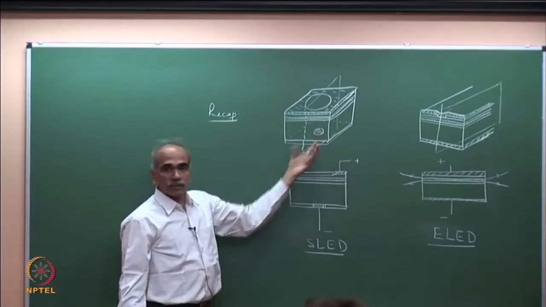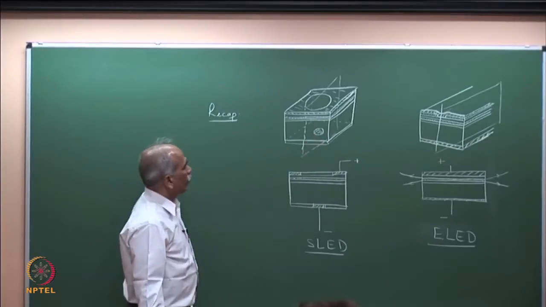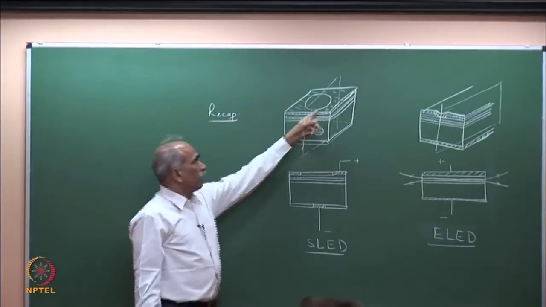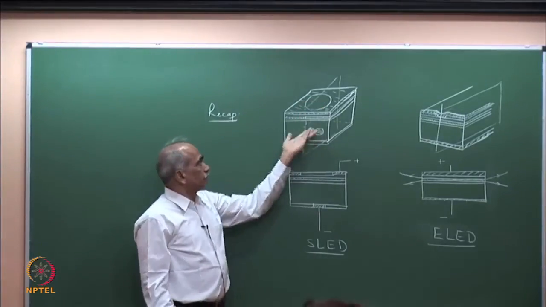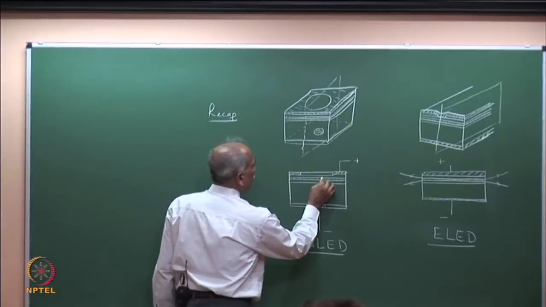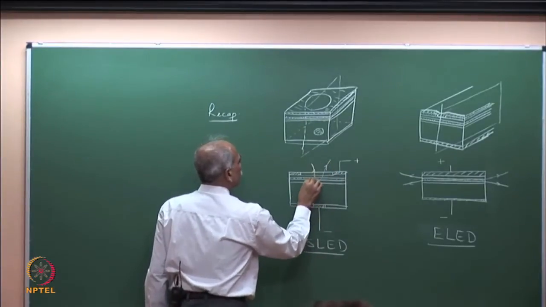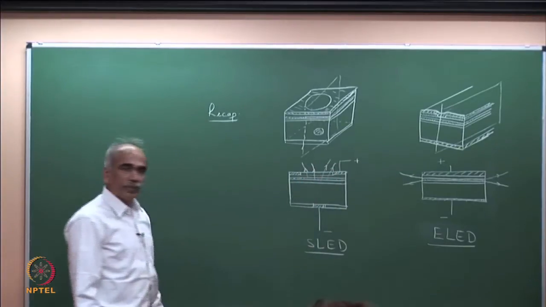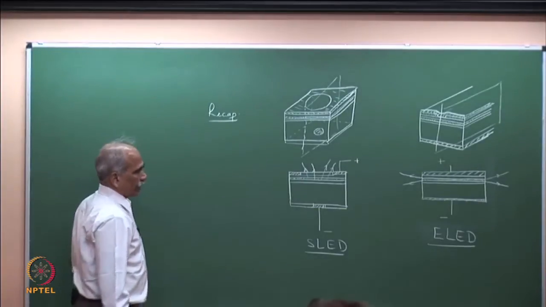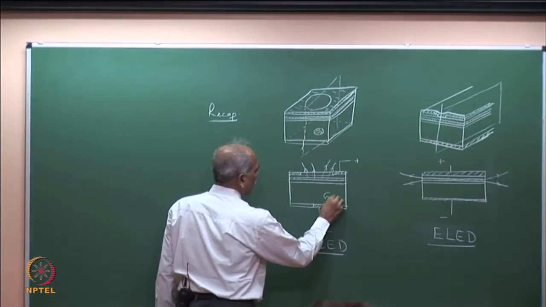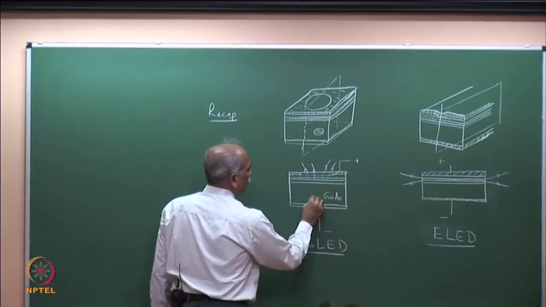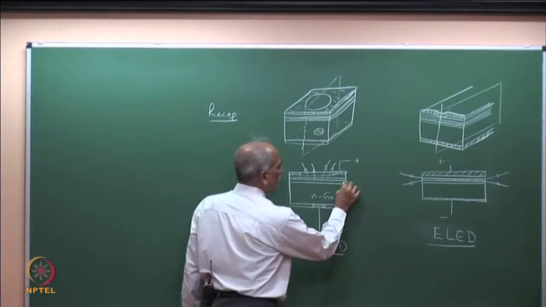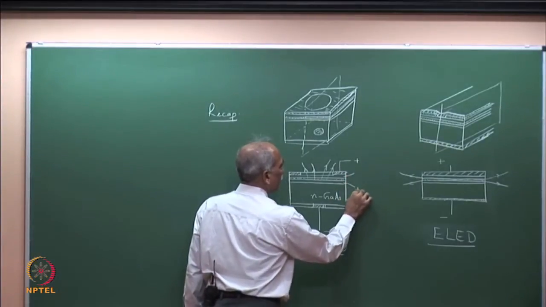It is actually a circular electrode at the bottom and an annular electrode at the top, and we have already discussed that the annular region is there because the generated light has to come out. That is why there is usually a dielectric window and an annular electrode. I had taken, for example, a gallium arsenide substrate, an N gallium arsenide substrate, and then the cladding layers, which are aluminum gallium arsenide in this particular case,